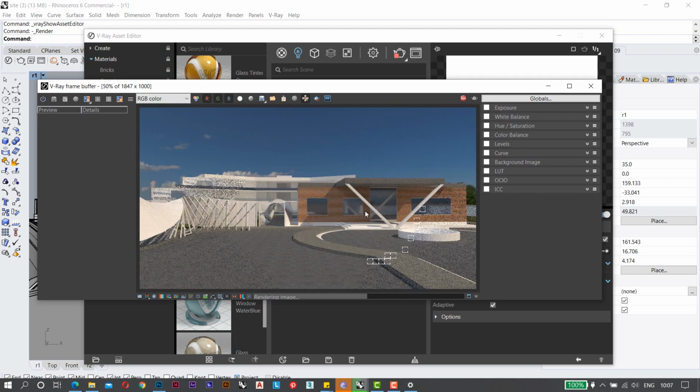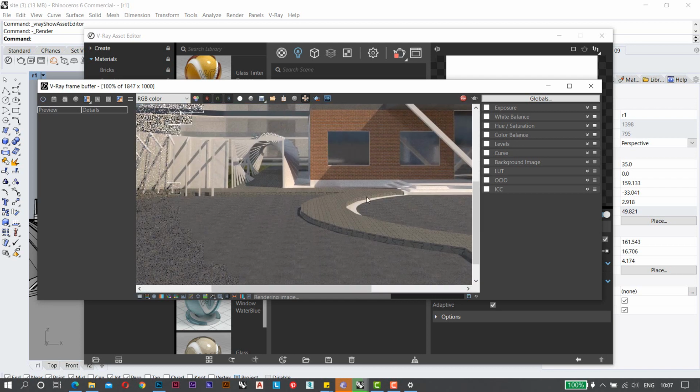This will be the output that we are getting right now. We have applied the basic materials to this file, like the background sky, the basic brick texture, the basic concrete and glass, and so on.